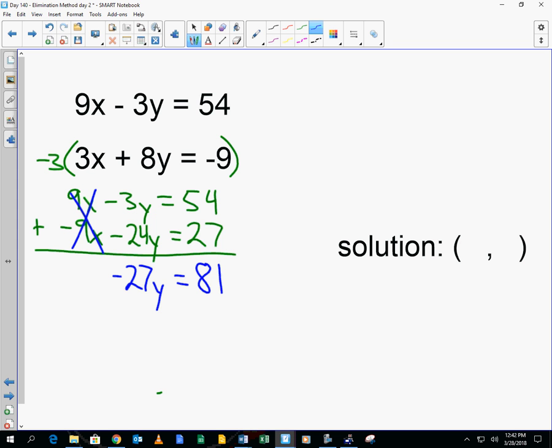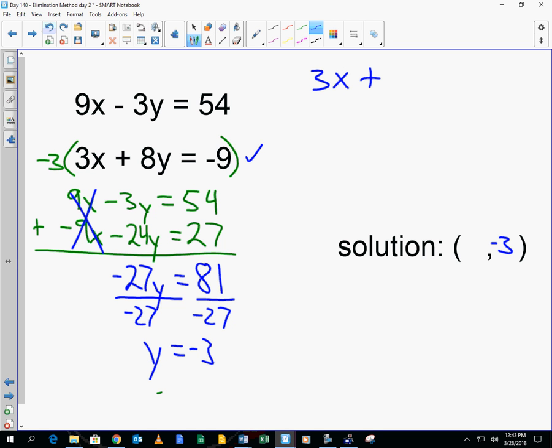Divide by... y is negative 3. Now, Shadir, this is the part where you said you got a little bit confused. Shadir, would you like to plug the negative 3 back into the top or back into the bottom? Okay, so you'd like to plug it back into the bottom. So I'm left with a 3x